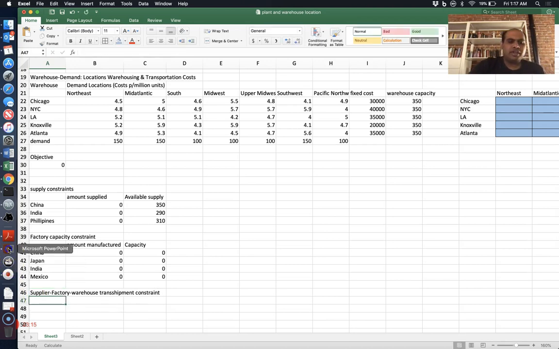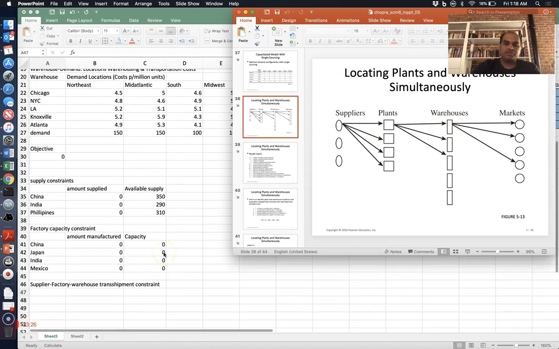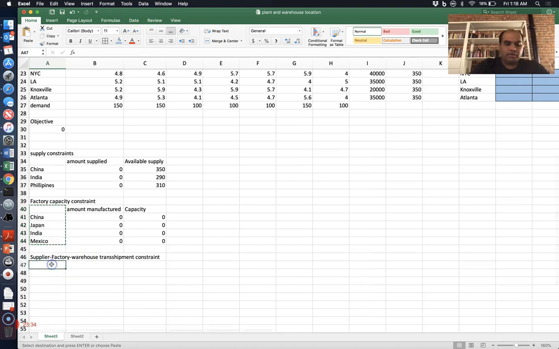So this constraint ensures that all the material that has come from the supplier to the plant gets turned into a final product and then gets supplied to one of the warehouses, that nothing is left over at the plant locations, right? So again, we have the same 4 factory locations, but here the constraint is everything coming in should be equal to